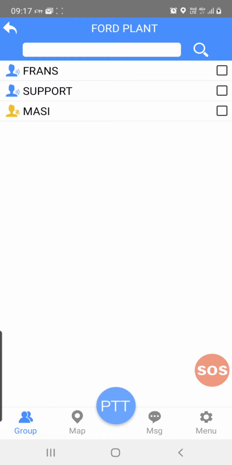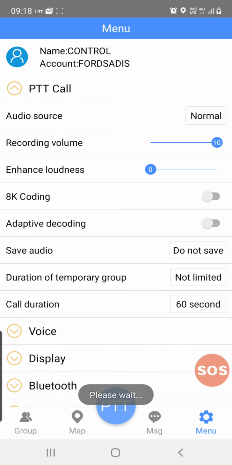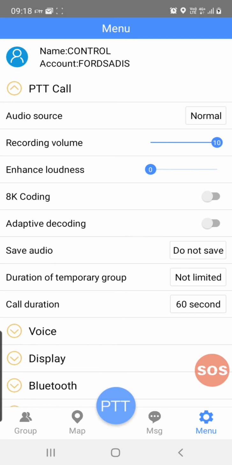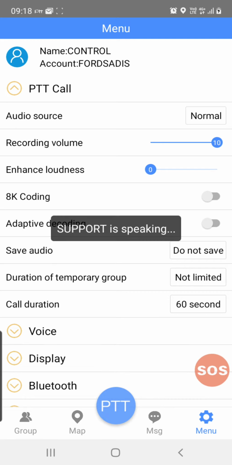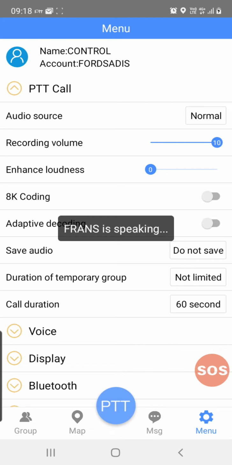So that's basically what the SOS function does. Also remember that there are certain different functionalities of the application, which I'll be going through with you now. If you click on menu and go into PTT call, your audio source should always be normal. Your recording volume should be basically 10. Your enhanced loudness is normally on that setting. And your coding must always be on